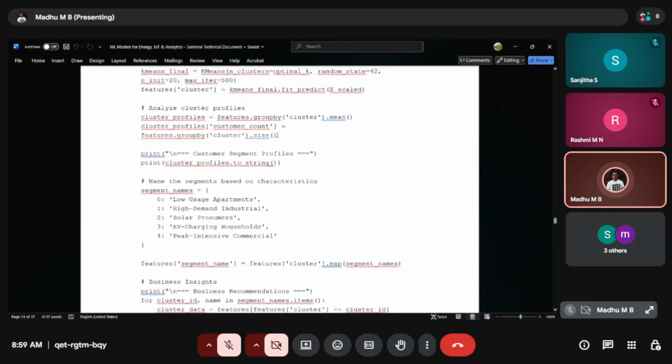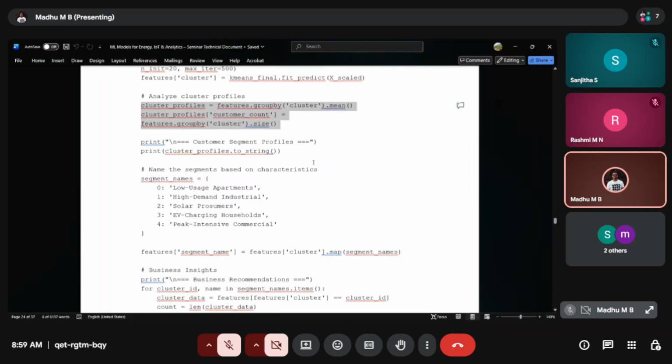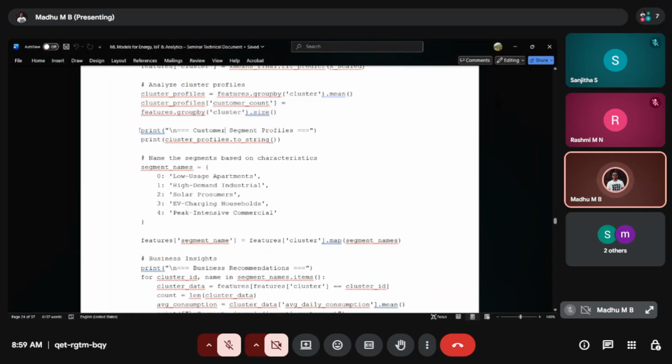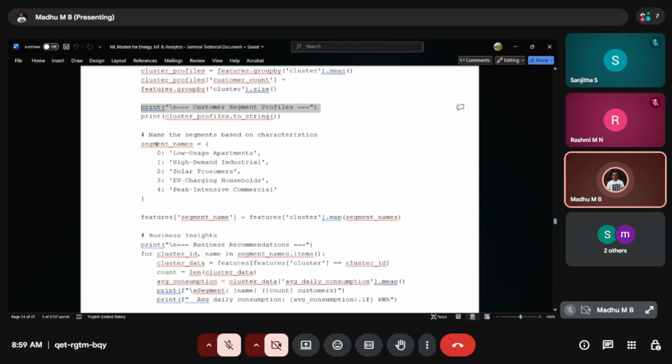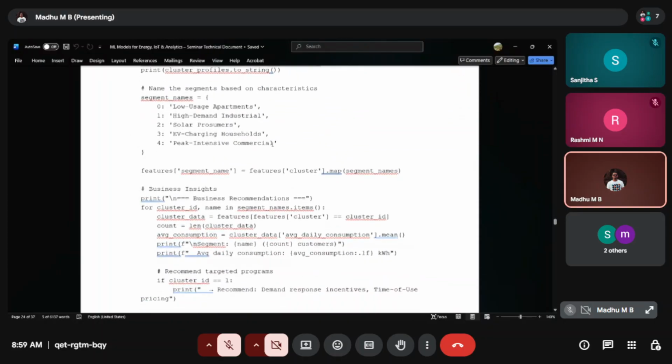So basically, in this specific function, we are trying to do the clustering part. Once this is done, we print the output, and now the output will give the results. So these are all the characteristics.